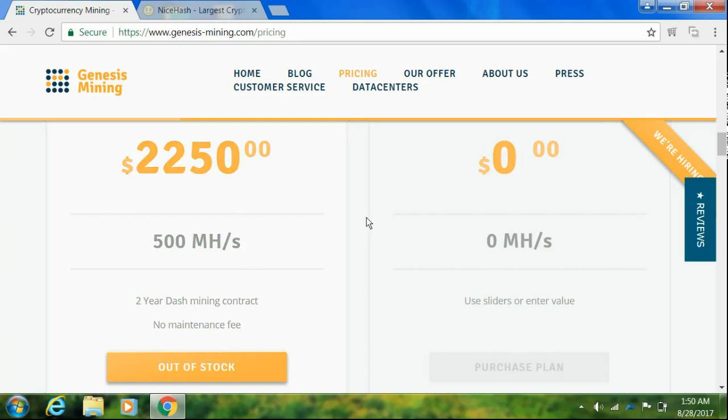So okay, let's take a round figure, let's take 2,000 for granted, right? So for easy calculation, let's put 250 for your electrical cost for the entire 2 years, for this hash power, if you are to mine it yourself, and let's take this as only 2,000. If we are to have about 2,000 megahash, that means you have to spend about 8,000, right? In this case, it's about 9,000, 10,000, correct? So the challenge is,